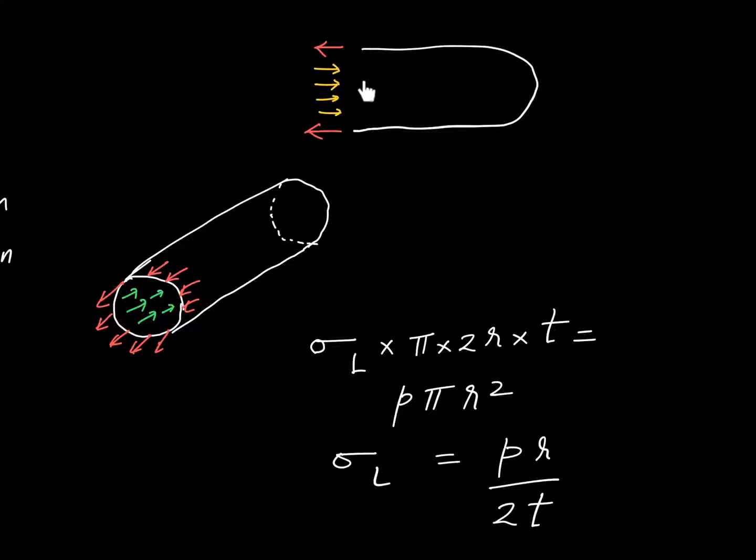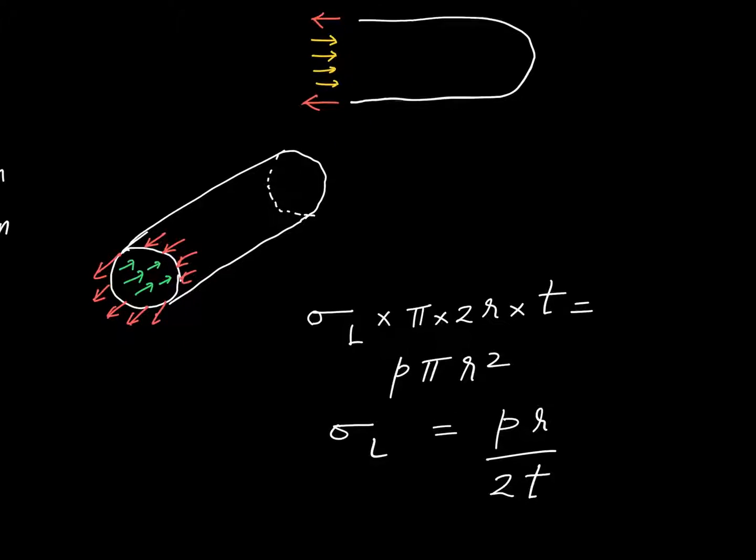here. It is not acting here. It can't act here. This is a void space. There is no structure here. So actually this particular force, P pi r square, is acting over here, over this curved surface, which closes your pressure vessel. Okay, since you had a closure for your pressure vessel, or since you had a closed end, that's why this term is coming into the